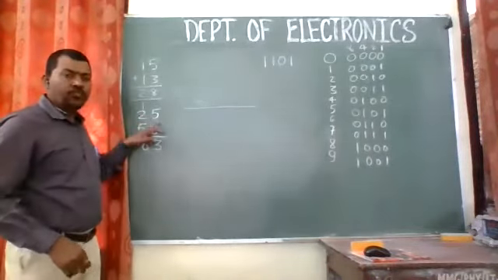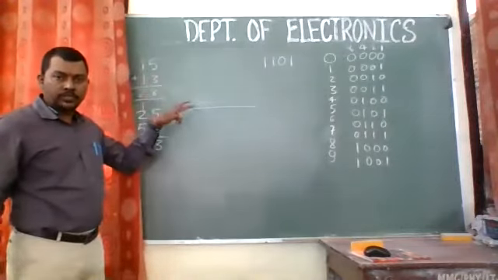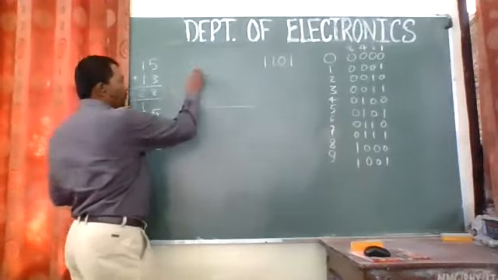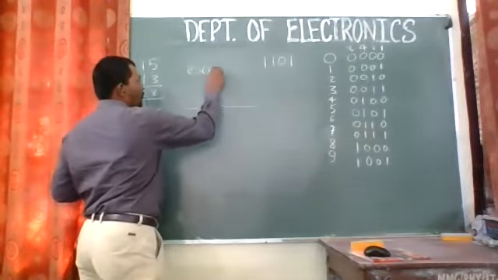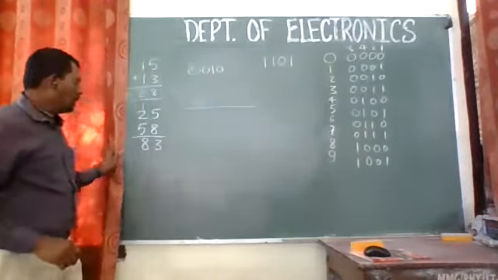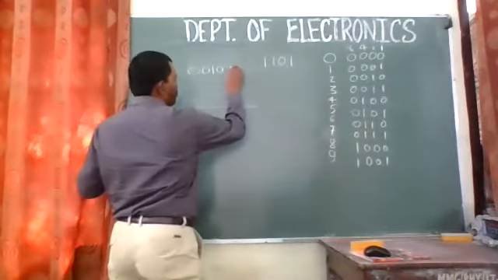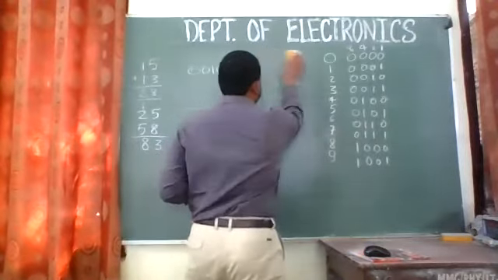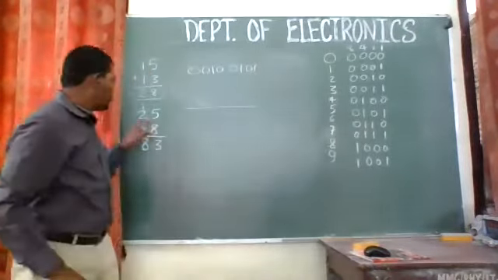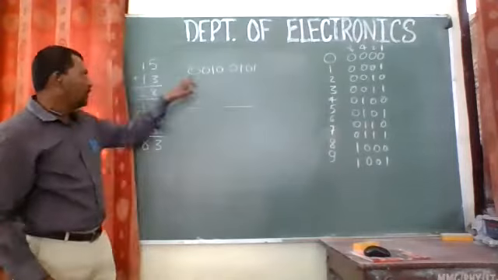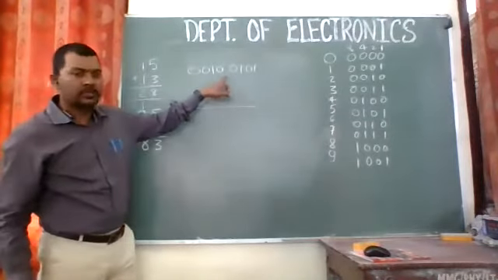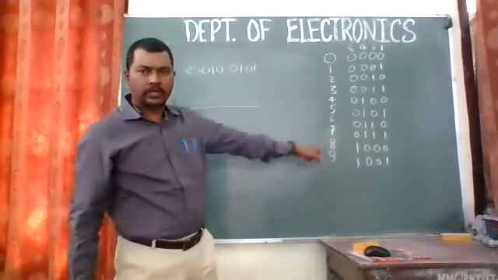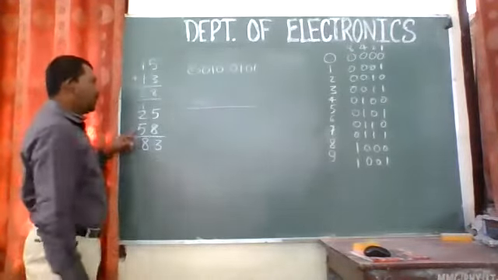So we'll convert this 25 in 8421 BCD code, right? So 8421 code for 2 is 0010. I guess it is visible. And for 5 it is 0101. Is it okay? Okay, so we have converted this. 2 stands for 0010 and 5 stands for 0101. They are written over there. You can go through that.